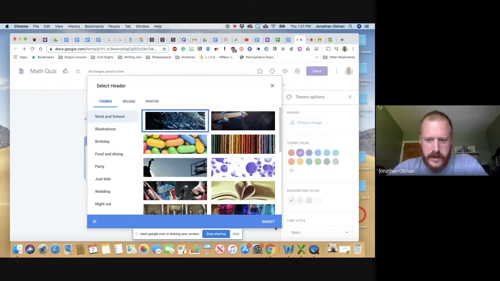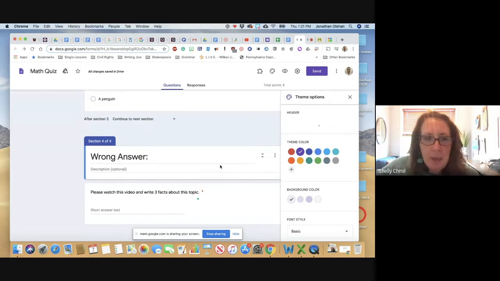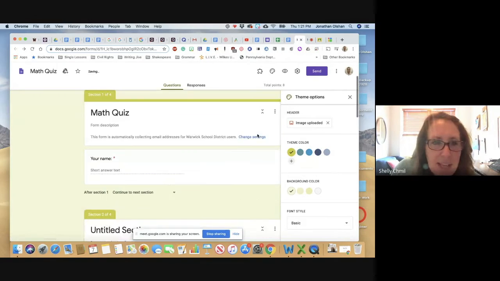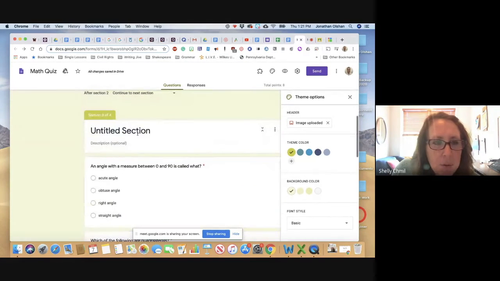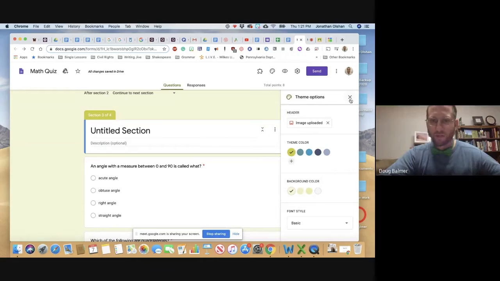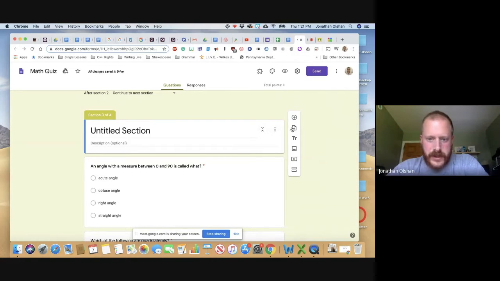I don't know if you can, but I'll look it up. So there's a section. If you go to those 3 dots, does it tell you? Unfortunately, even though we're in this section, what Doug's saying is, if we try to add an image